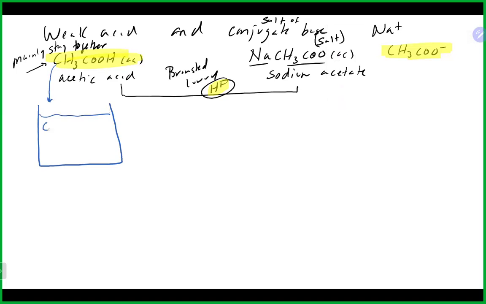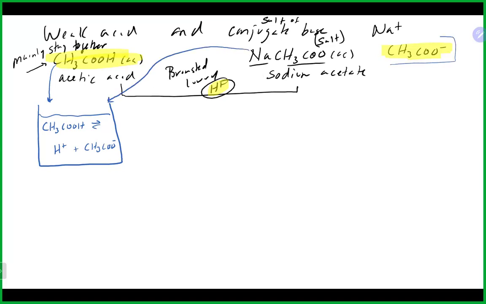It will break apart a little bit, but mainly stay together. And it will stay together as acetic acid, and it will break apart a little bit into H plus and acetate. So when you put that acetic acid in there, because it's a weak electrolyte, it's going to set up both of those things. Now, when you put the sodium acetate in there,